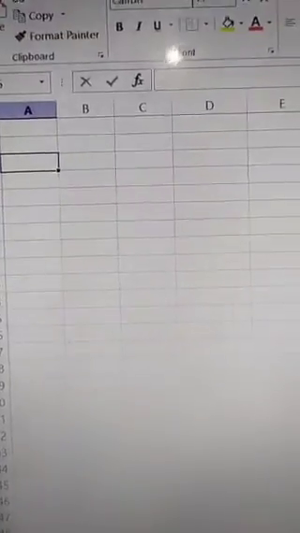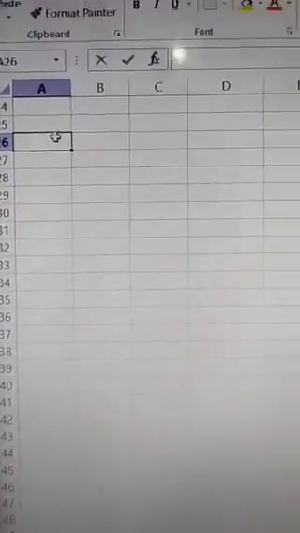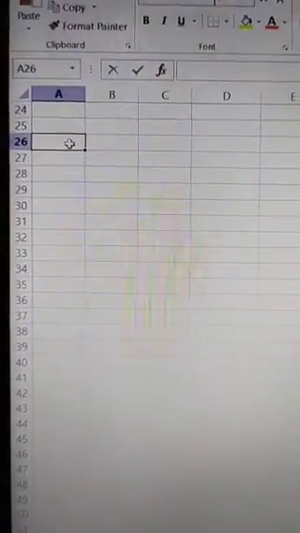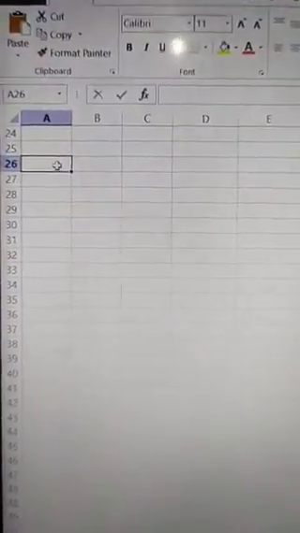Suppose you want to add three numbers and I want the result. At first, give the equal to sign.